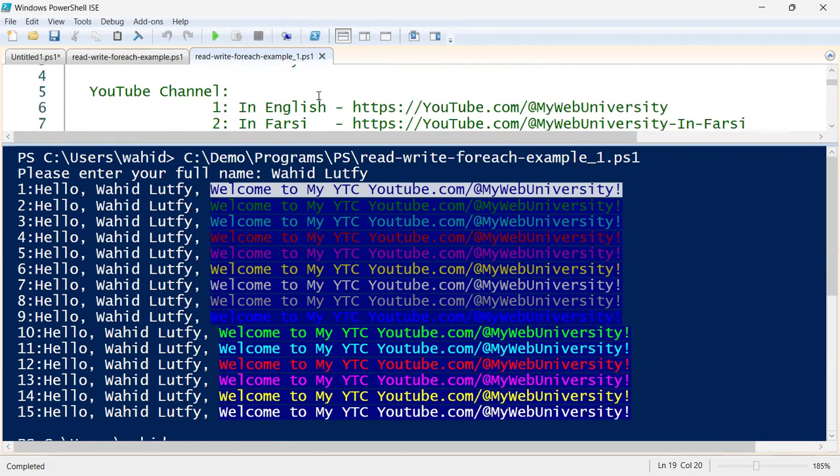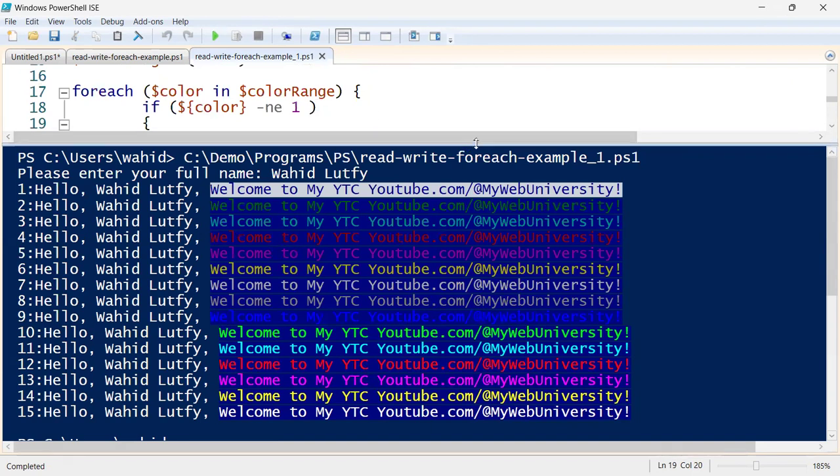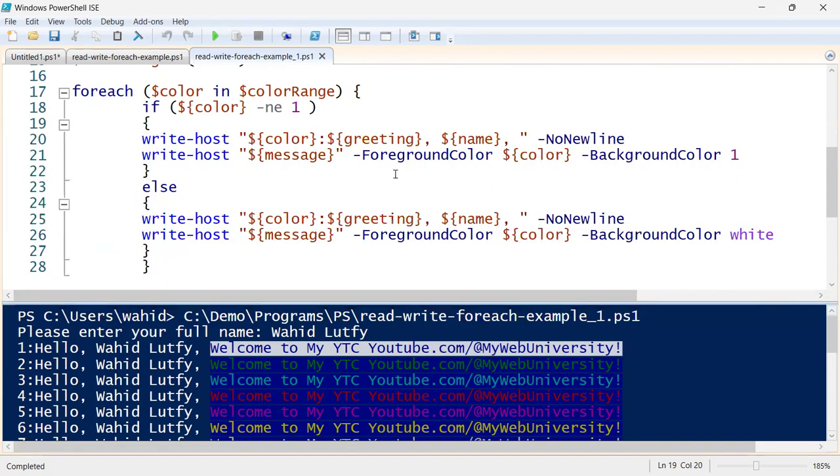So this is a statement. Every time that it writes the data, it writes the data with the color number. So all of this data, notice, is written in white. But then I want to run the information and the message that I want to display in the color that I want, on the foreground or background. Notice this foreground color, and then